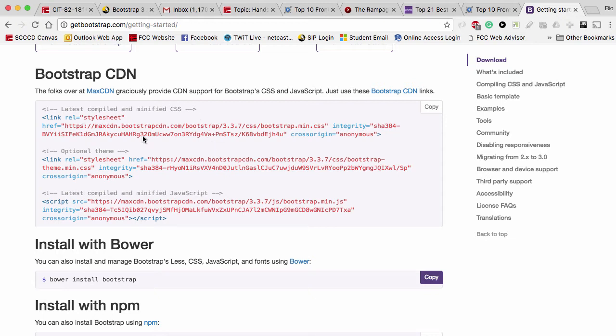So I'm going to show you how to do this. I'm going to grab this link real quick. Actually, I could grab the comment as well. Now, there actually are themes, and we're going to start talking about themes next week, because I'm going to have you all choose a theme